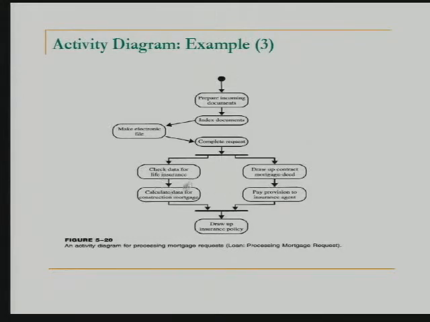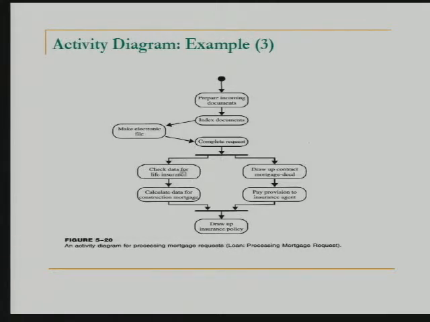Maybe this is one person in the office building, this is another person in the office building, or there are different cores on a multi-core processor, or the same processor is doing both of these and interleaving them, but they both have to complete before you draw up the insurance policy. That's the join at the bottom. So you see the fork, you see the join, and